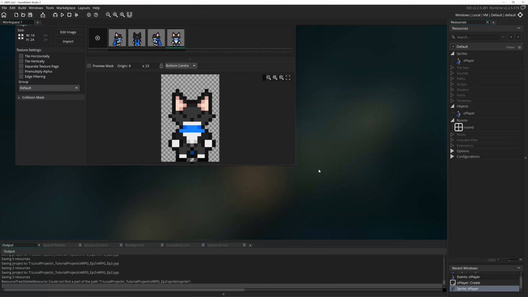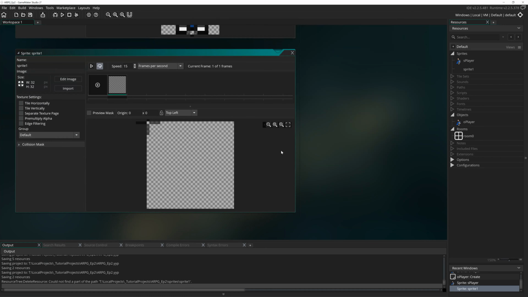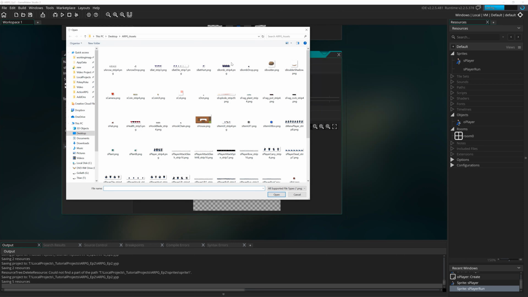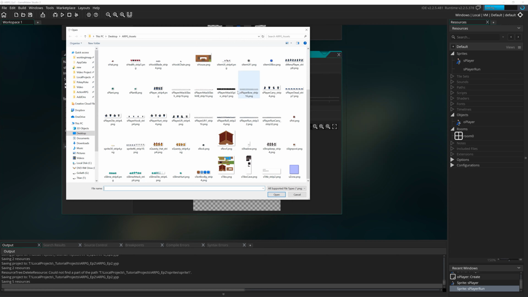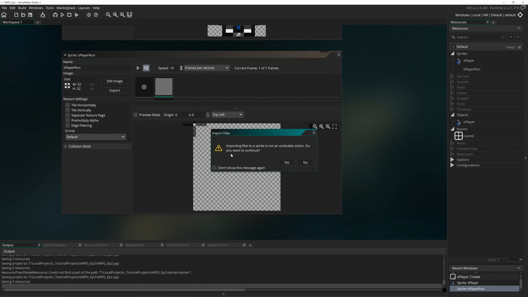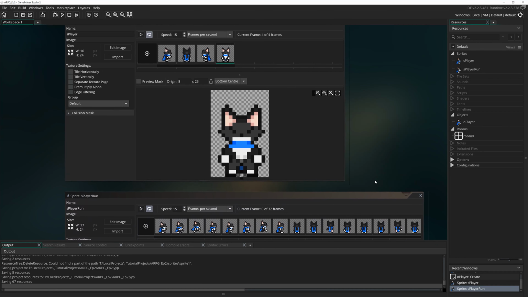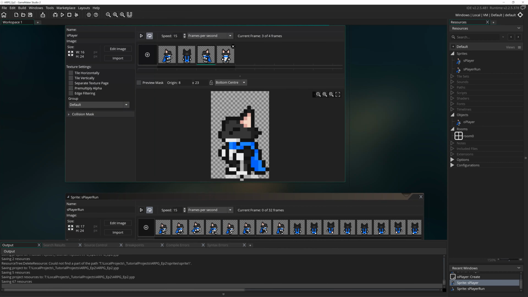So I'm going to press Alt-S, first of all, just to make a new sprite, or Command-S, or whatever it might be on a Mac, I'm not entirely sure. I'm going to call it S-Player-Run, capital P, capital R, and then click Import. Back in our big ARPG assets folder, I'm going to find S-Player-Run_strip32 and bring that in. Because of the strip 32 thing, when I bring it in, boom, it imports all of our frames like that. As you can see, similar to how this was set up, facing to the right, up, left, and then down,